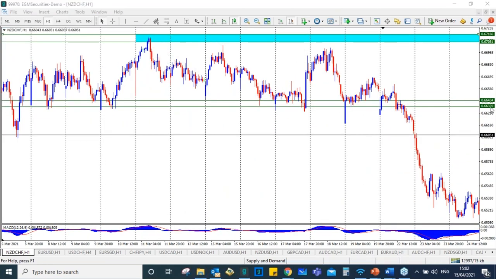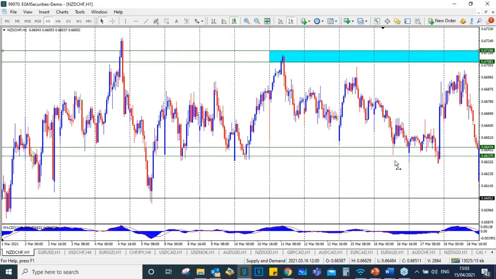So what do I mean by retesting? Retesting is to have price making a rally to pierce that zone, then have price reversing to the downside. So as you can see, this is a fresh zone. It has not been retested yet. So that is why I've left it marked, because the intention will be